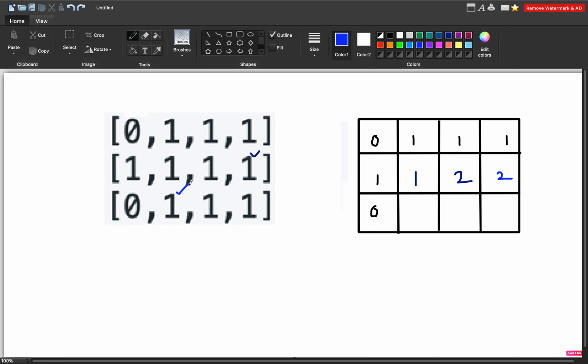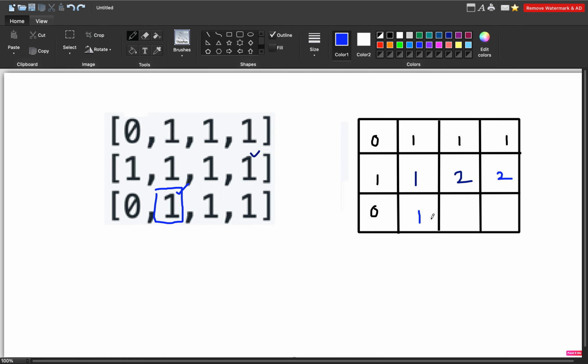Similarly for this index it will be 1, yes 1 only, because the only possible one is this one. The minimum will come 0 from all these 3 indices, and this plus 1, so yes, it will be 1. In case this index would have been 0, then we have to keep it 0 only. We don't have to update it with a maximum or anything. So here it is 1.